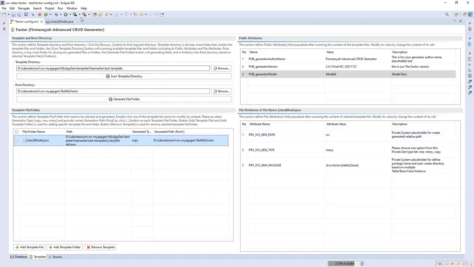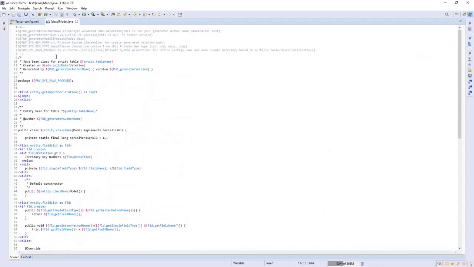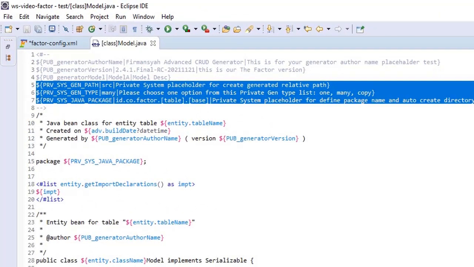If you look at the class model Java file template, we can see an example of the private or file attribute.